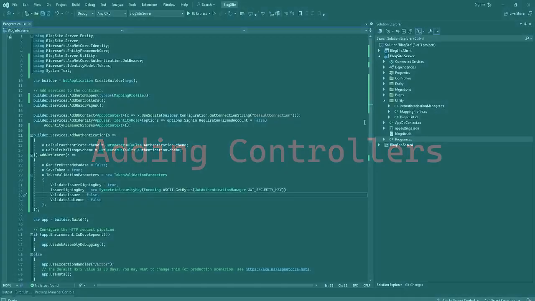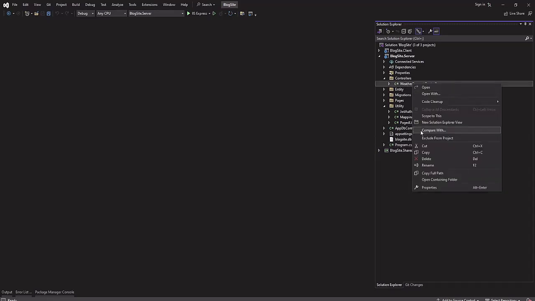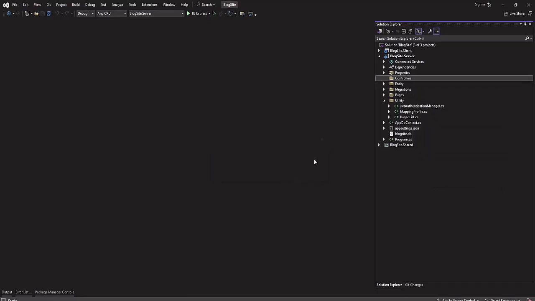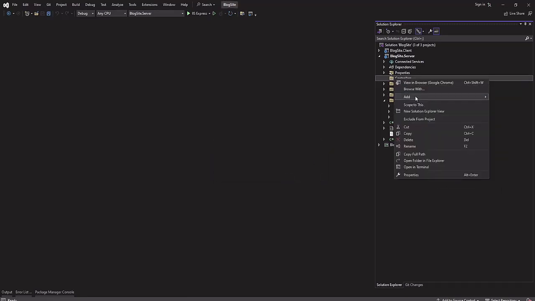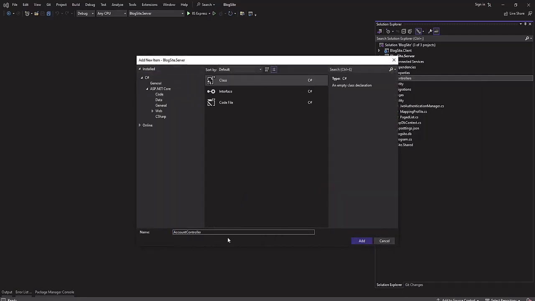In this section we will add all the controllers, so let's close this. Here you will see a default controller provided with the .NET template, so we will delete this one, we will not use this, and we will add another controller. We will add a class and we will call this account controller,